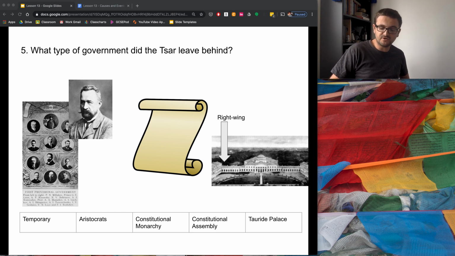Now, it would be led by Prince Lvov, a man who had some legitimacy for his position in the aristocracy, but he also had some legitimacy because of his work leading things like Zemgor before. He was seen as a middleman between the old aristocratic control and the brief elements of democratic control.